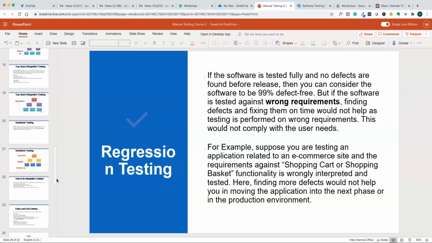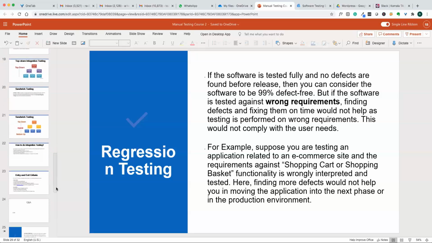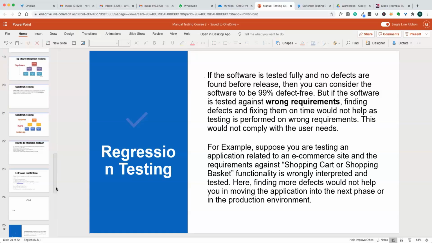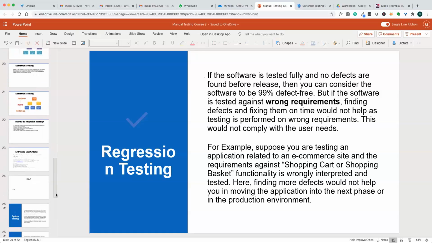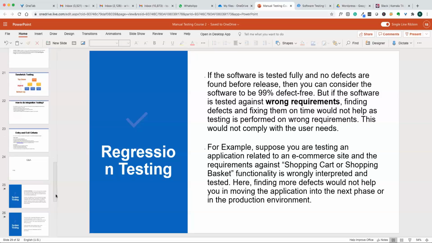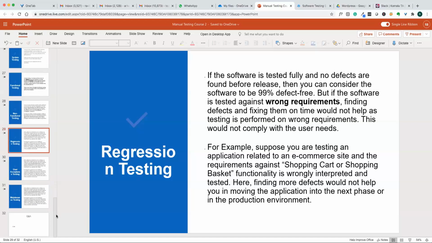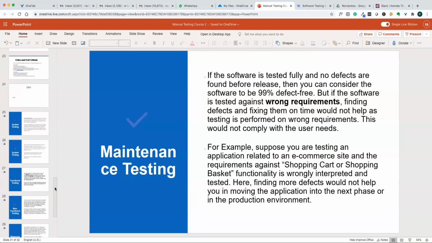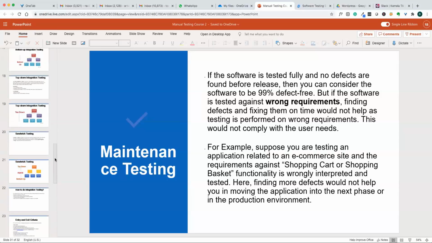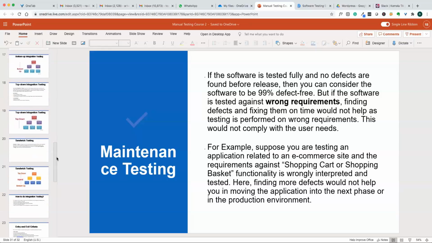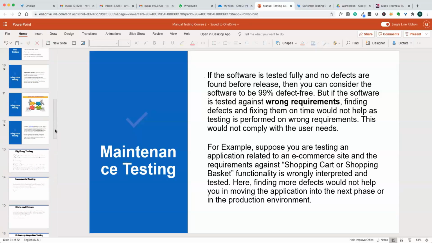So we need to understand what level, what type of testing is going on, and where the project is, whether the project is in the beginning stage, or in the middle, or already live and they are doing maintenance, right? Depends on what kind of project. So different types of testing will be performed on that. So that is the session for today. So we just talked